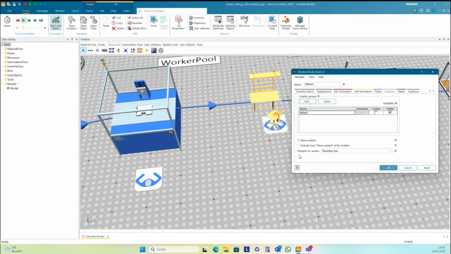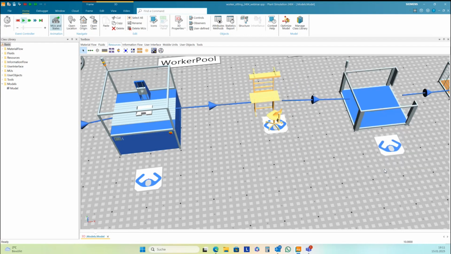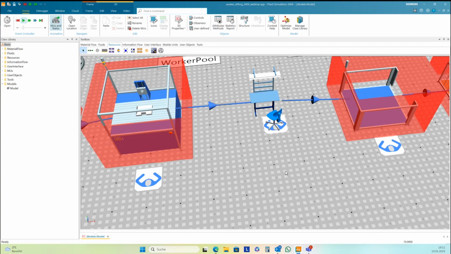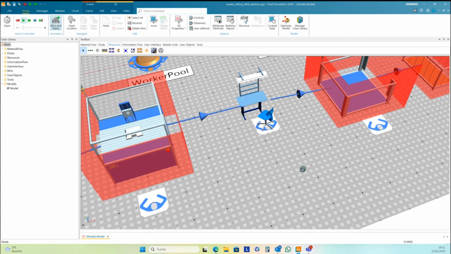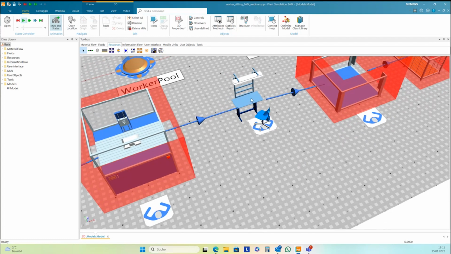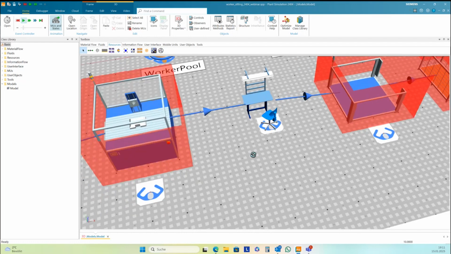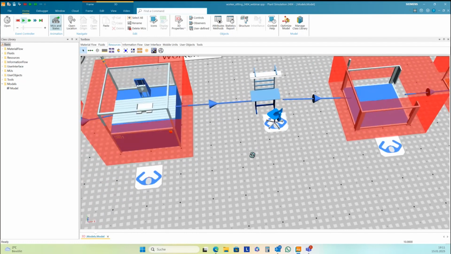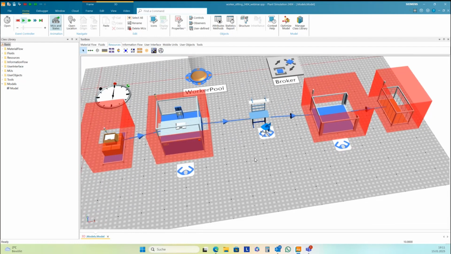And here we can select what kind of obstacle for the worker this station should be, and we can set it to none. If you now press O, then you see, okay, this station is not anymore an obstacle for the worker. This may cause other problems, but for our example, it's okay.